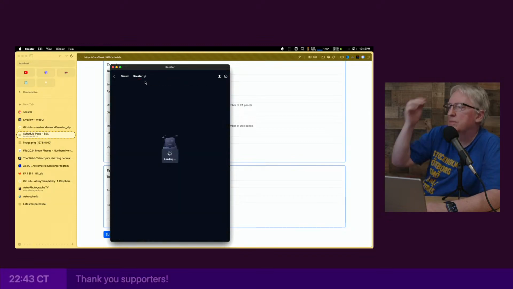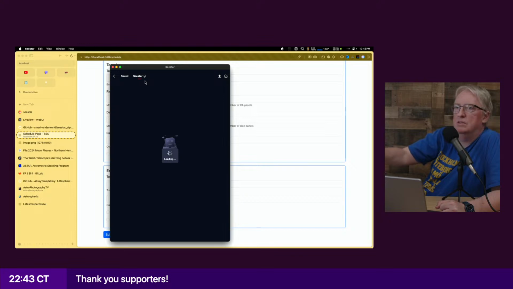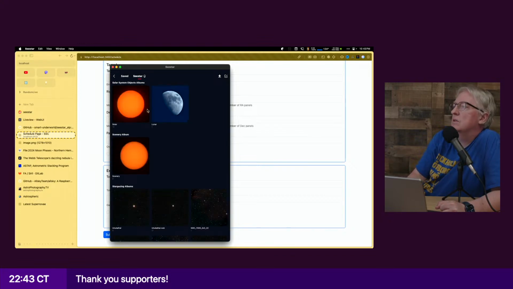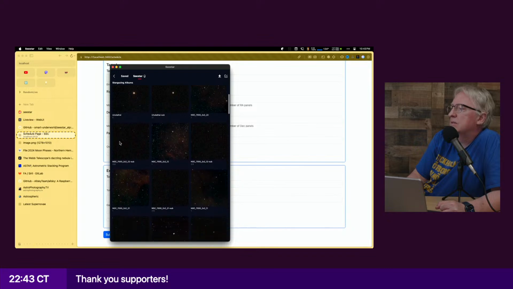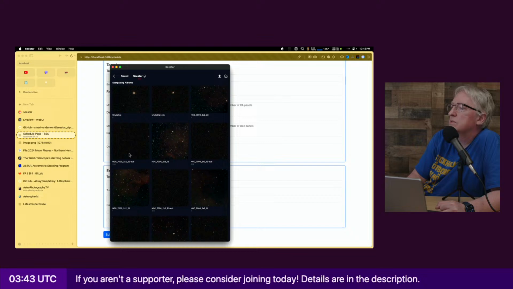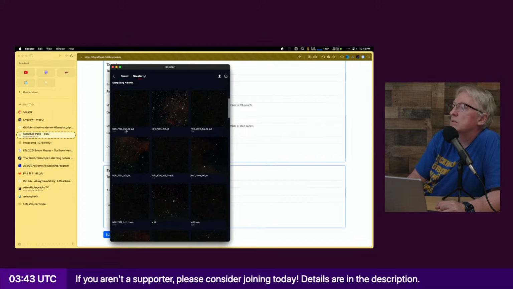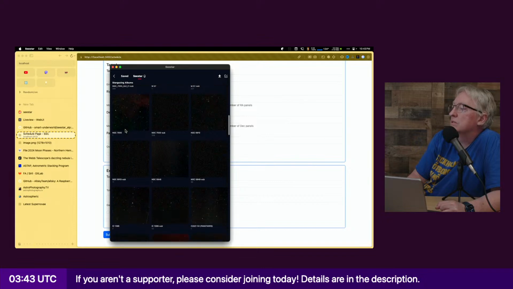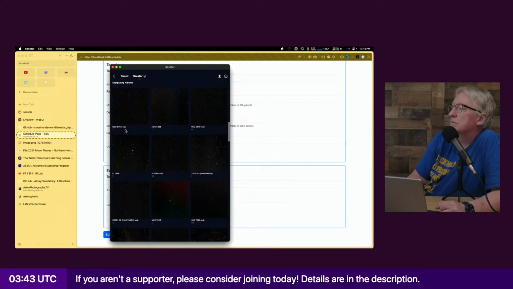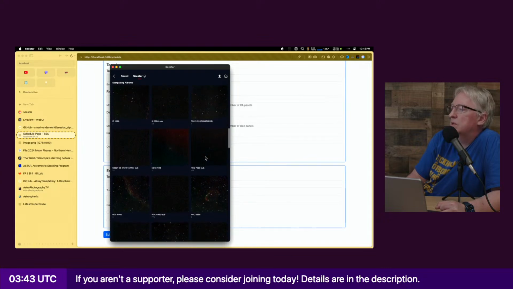Actually, these are saved ones. Let me look on the Seestar itself. So this is the iPad app, and it's talking to the NGC 7000, and you can see the names of these. This is one of the mosaic panels, and you can see here's the subdirectory. So I got 206 subs. I should have gone to this view because this really shows you everything. On the telescope, I tried to get a picture at some point of a comet, but maybe